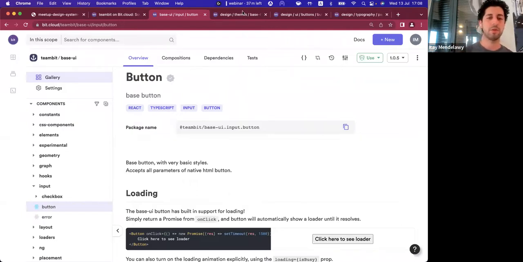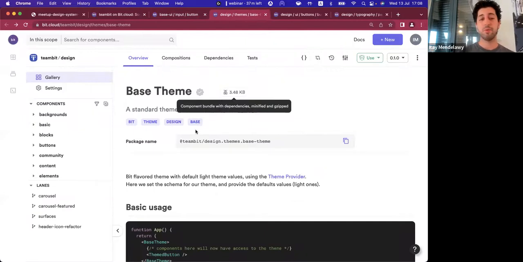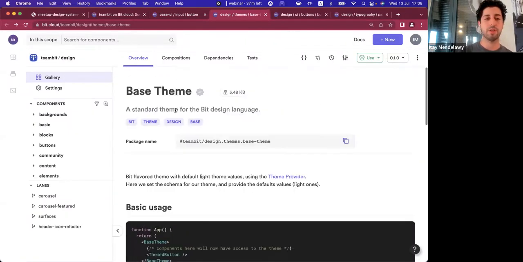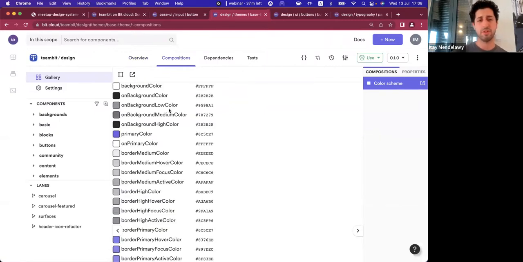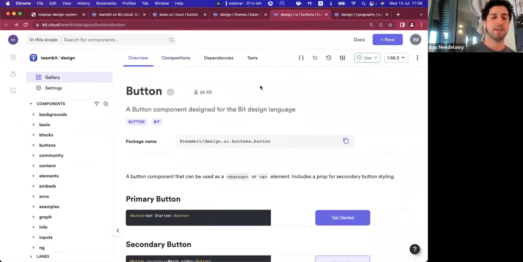So for example, you can take your theme, which can also be a component, right? So I can have all of my color schemes and fonts and everything in a single place, which then I can adopt in other projects. And this applies different primary colors and so on different elements. And with that, I can even have more stylized items, right?